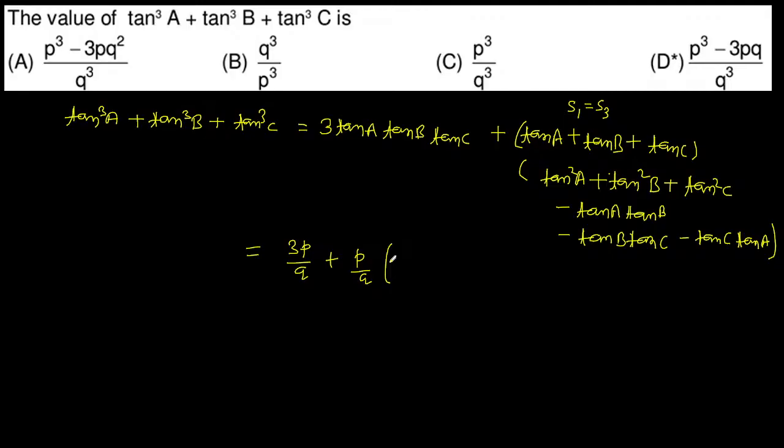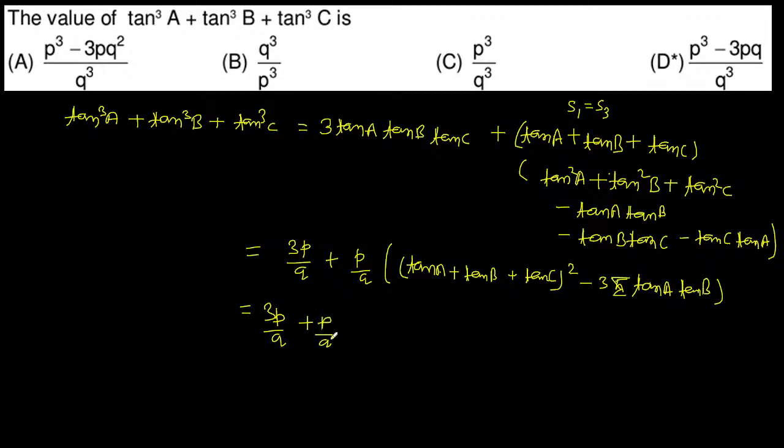अब इधर क्या बच रहा है? AB, BC। तो अगर इसको कर दें, अगर 2AB, 2BC, 2CA कर दें तो ये इसमें ये हो गया। तो इसको अगर (tan A + tan B + tan C)² कर दें तो ये −3 ऑफ प्रोडक्ट ऑफ समेशन ऑफ tan A tan B आ जाएगा। तो ये 3P/Q हो गया प्लस P/Q हो गया। और ये (P/Q)² हो गया।